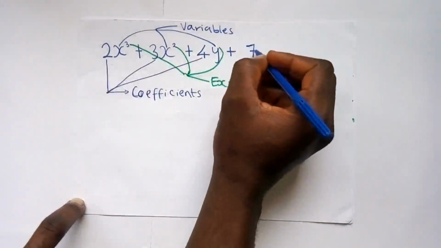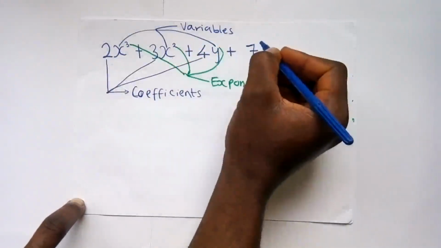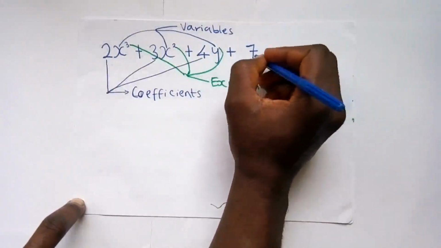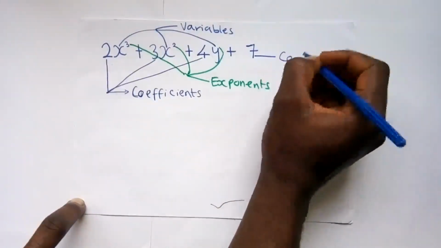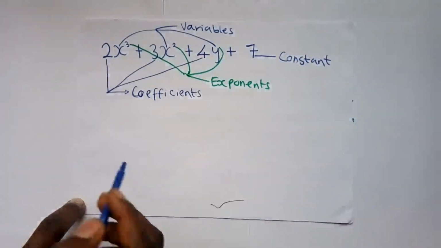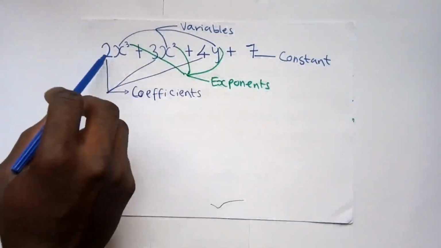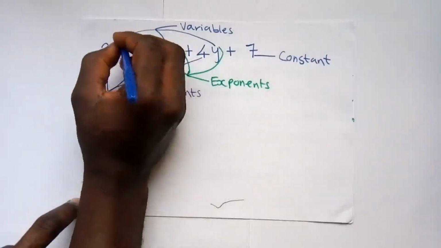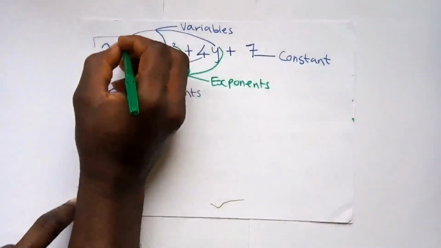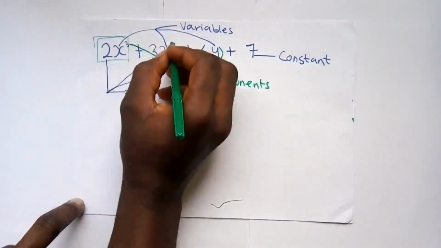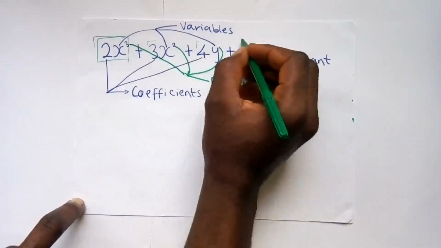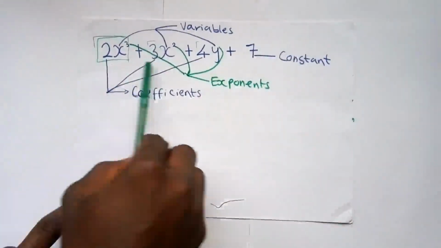The 7, which doesn't have any letter beside it, that is, it is not multiplying any variable, is called a constant. The product of a coefficient and a variable is called a term. So this is a term, this is a term, this is another term, and this is another term. So in this expression,